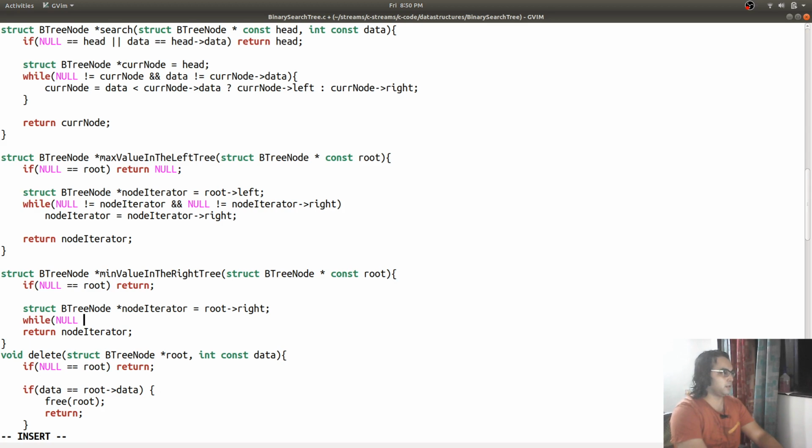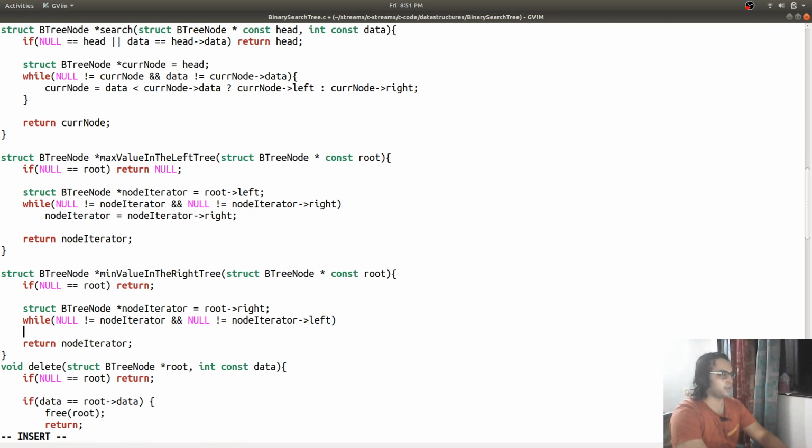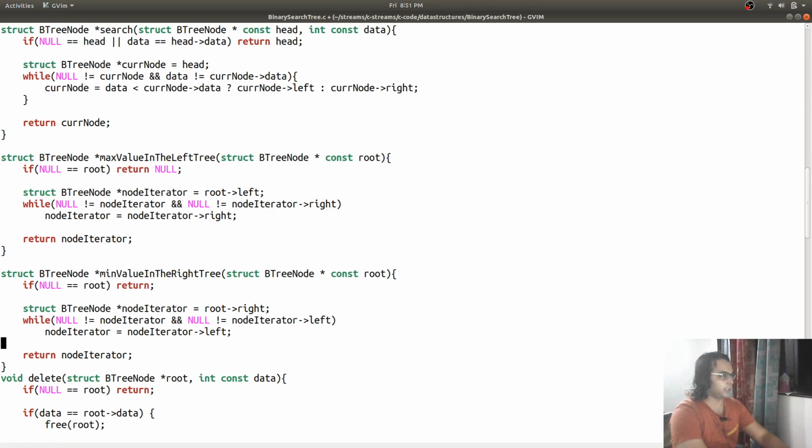So I will say while node iterator is a valid value, and while node iterator left side has a valid value, then we need to keep moving towards the left.